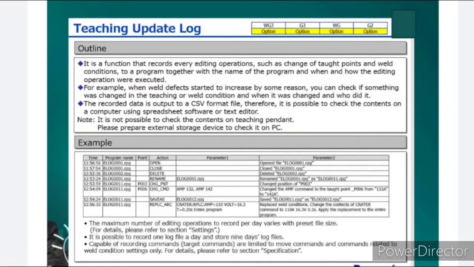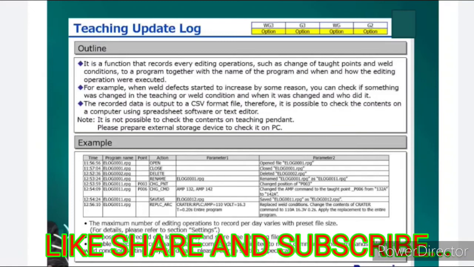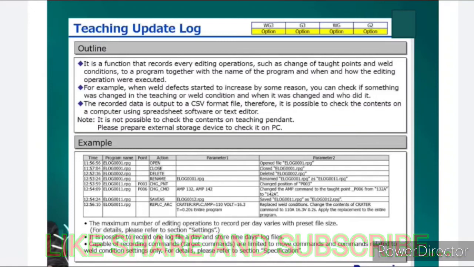The recorded data is output in CSV format file and therefore it is possible to check the contents on a computer using spreadsheet software or a text editor. It is not possible to check the content on the teaching pendant. So please prepare an external storage device to check it on a PC.